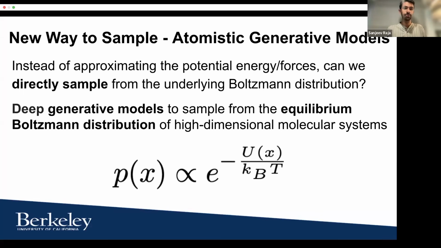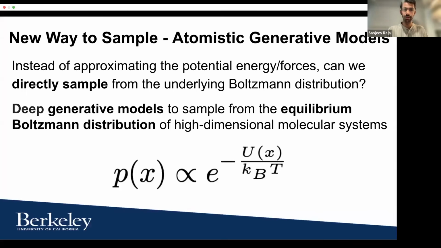So instead of directly learning the energies and the forces, could we directly learn how to sample from the underlying Boltzmann distribution? This is gaining a lot of traction. This is a very promising research area. I'm sure many of you have heard of models like BioEmu, which essentially tackle this, or Boltzmann generators, which was an early version of that line of